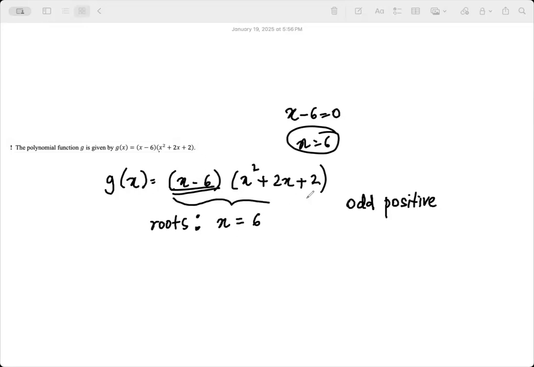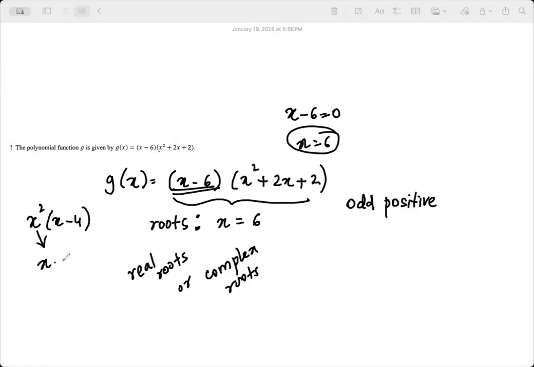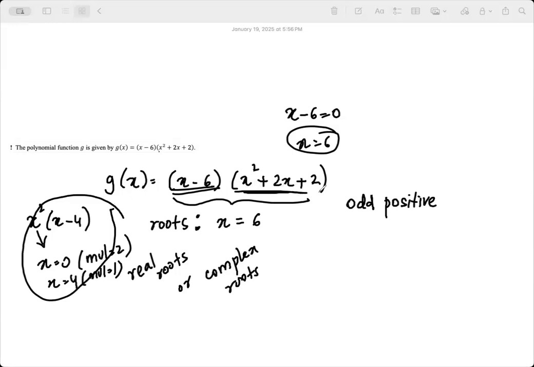If you're given this polynomial equation, we should be able to say whether it has real roots or complex roots. All the while, whatever we were discussing last week was always things like this. So here, the roots are x equal to 0, multiplicity 2. Here, x equal to 4, multiplicity 1. This is what we have been discussing. But then, this is not a polynomial that can be reduced, right? So, do you all remember how to solve for x here?